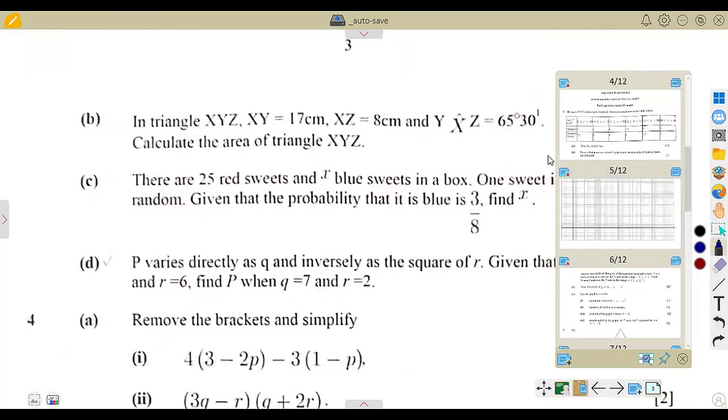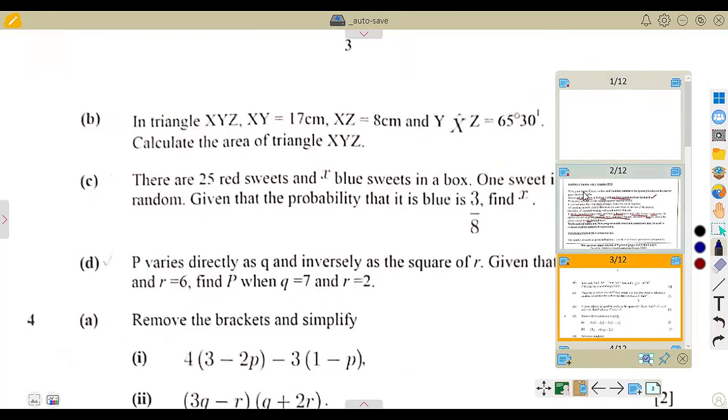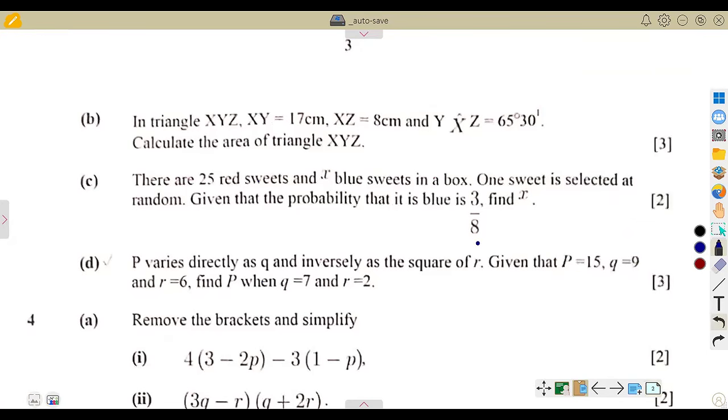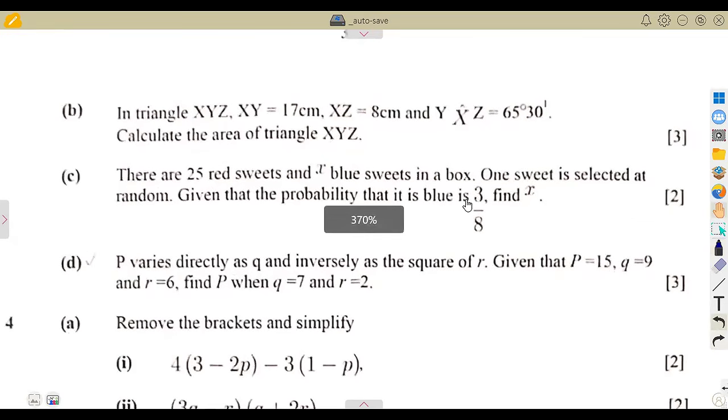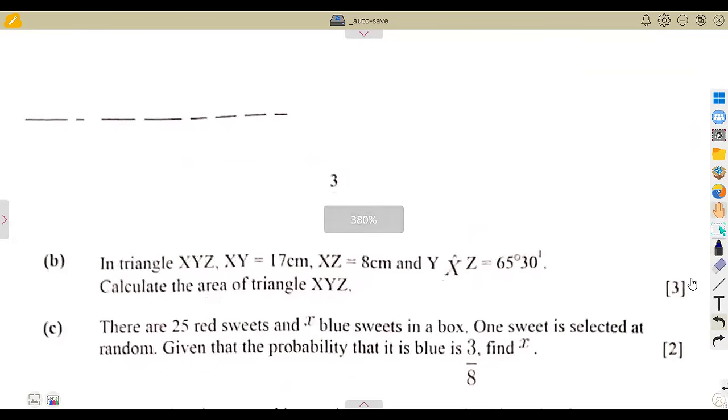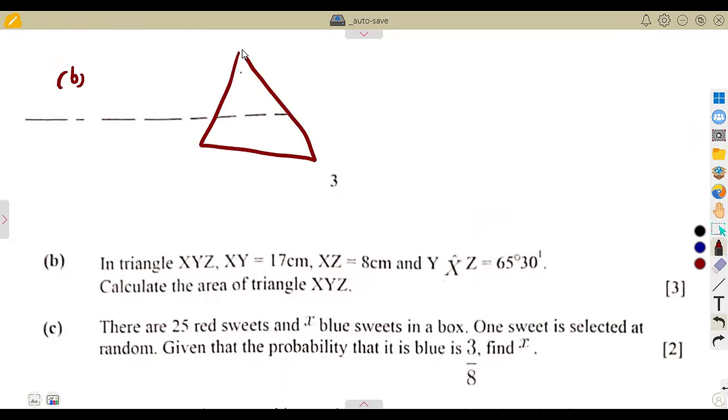All right. So let us consider another part of our question. We're just going to see what we are given. This is B, part of our question 3. So in this question we are given a triangle XYZ. Are we having the triangle? No. So it is best that you just have a sketch. This is just triangle XYZ. So you can just name X, Y, Z. Okay. So in this triangle, we are given that